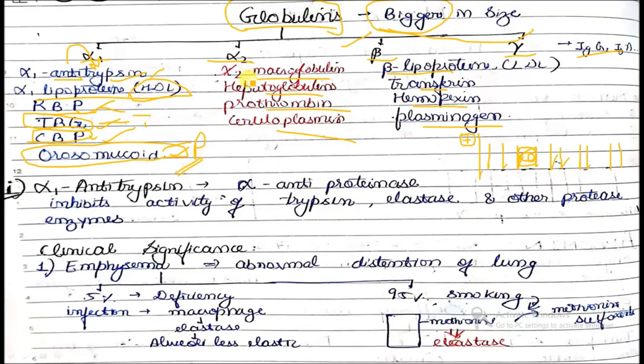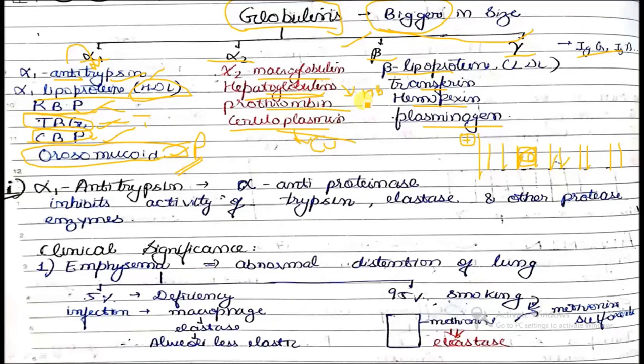Alpha 2 macroglobulin we will be discussing later. Haptoglobulins combine with free hemoglobin and prevent its excretion. Prothrombin, you might be knowing. Ceruloplasmin helps in transport of copper. In the previous video, I told you about the 10% transport and the 90% transport of copper